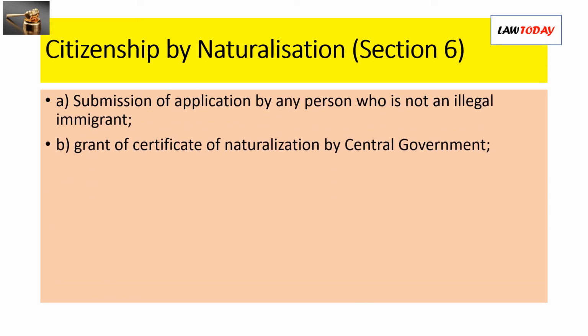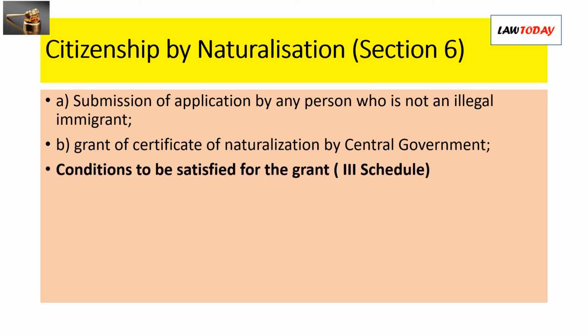The fourth mode of acquiring citizenship is by naturalization. Naturalization means admitting a foreigner to the citizenship of a country. Section 6 deals with acquisition of citizenship by naturalization. This provision provides that where an application is made by any person of full age and capacity not being an illegal immigrant for the grant of certificate of naturalization to him, the central government may grant him the certificate if he fulfills the following conditions specified in the